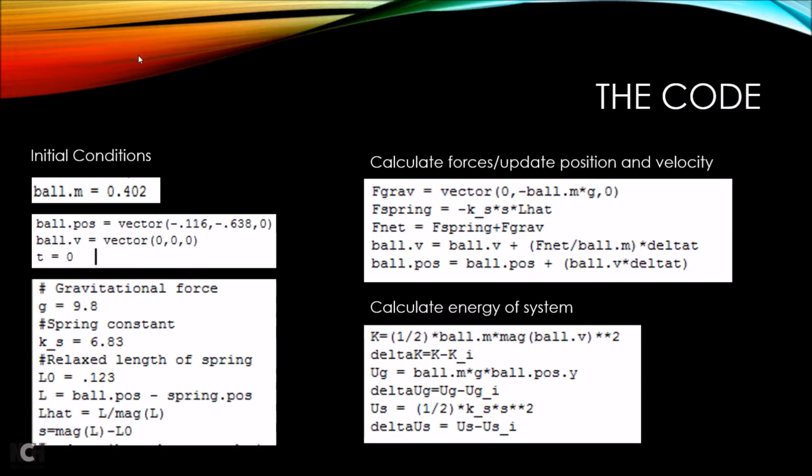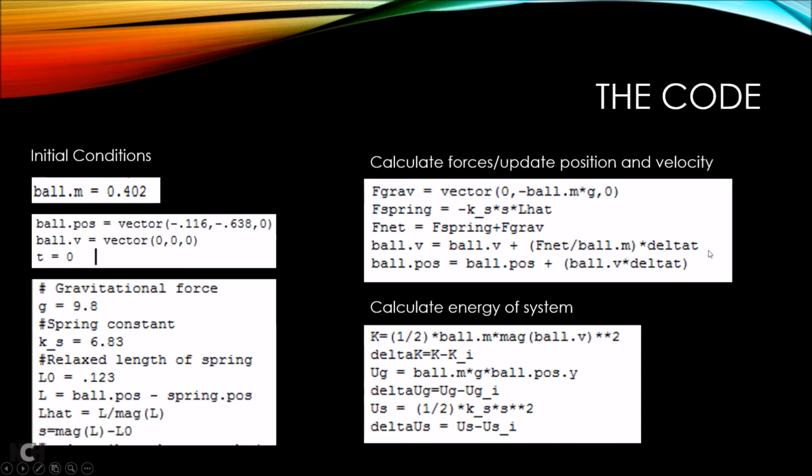Okay, so to briefly go over the more important parts of our code, we have to start by setting up initial conditions. So we set the ball's mass, initial position, spring constant, and spring's unstretched length equal to the values we gathered from our tracker analysis. The final position is found by subtracting the ball's position from the spring's unstretched length, and the total change in distance is set to equal the initial length of the spring subtracted from the magnitude of